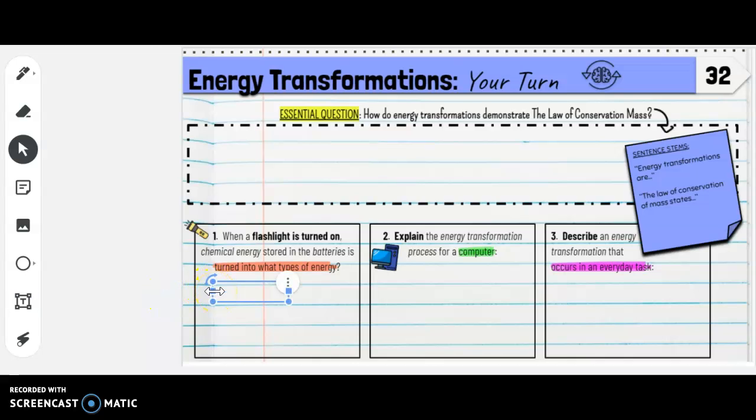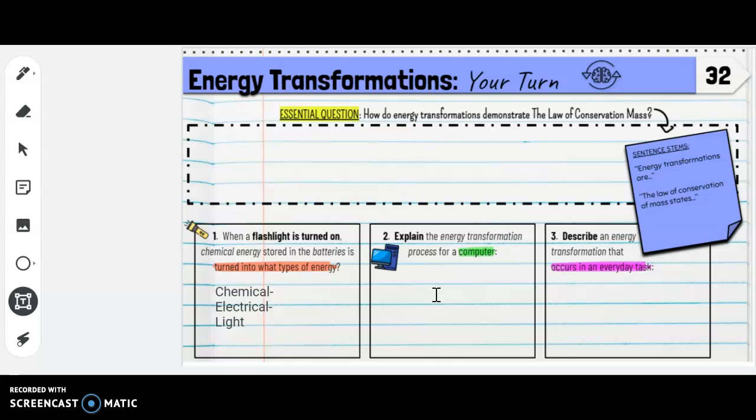So the type of energy with the batteries being stored, we know that is chemical. Starts off with chemical. And from chemical, it goes to electrical. And after electrical, we have light. Number 2,